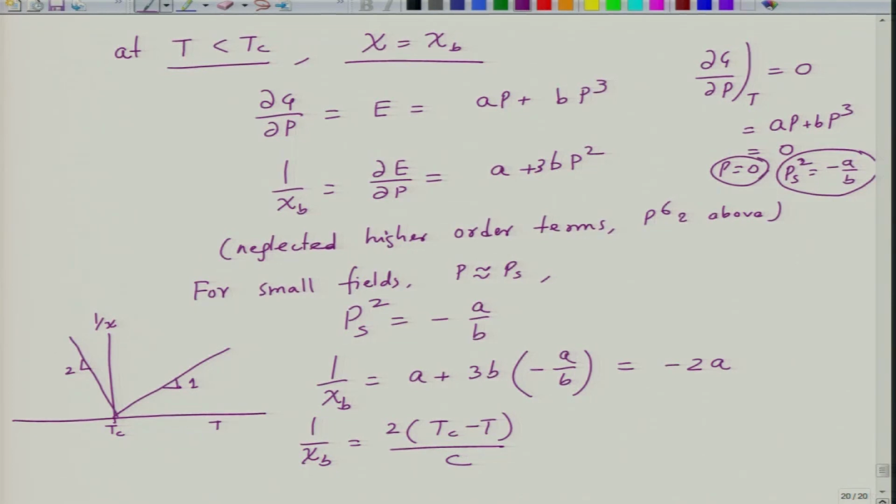These are very approximate analyses, they are not very accurate analyses, but if you do accurate analysis they will become very complex. But the simple analysis with simple assumptions helps you to understand how the susceptibility varies as a function of temperature and what is its behavior near Tc. So, this is what is about second order transition.